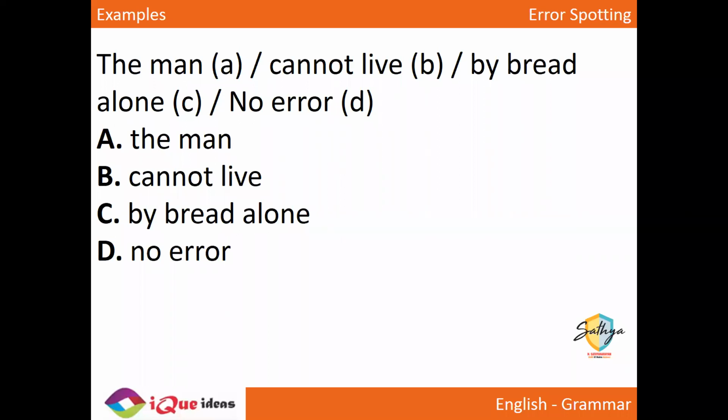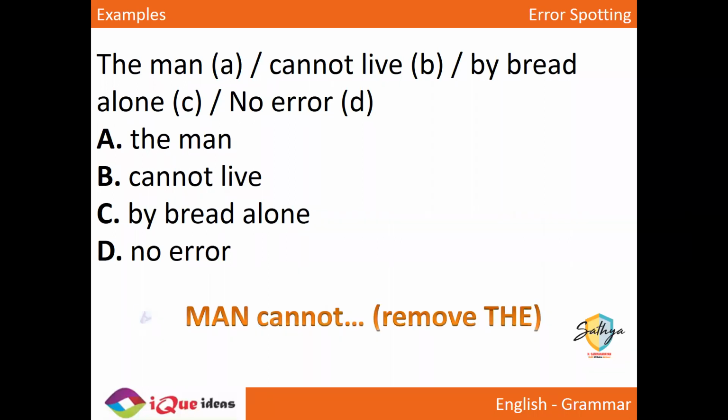Article the does not exist. This is a proper idiom. So the idiom is man cannot live by bread alone. The article the is not in the idiom. The actual idiom does not use the article the. It's a proper usage. Muhavra jo hota hai. So the exact idiom, the phrase is man cannot live by bread alone. Did everybody understand this? Kriti, Dhruvi, hope now you understood. Right? ठीक है, chalo. Moving on.